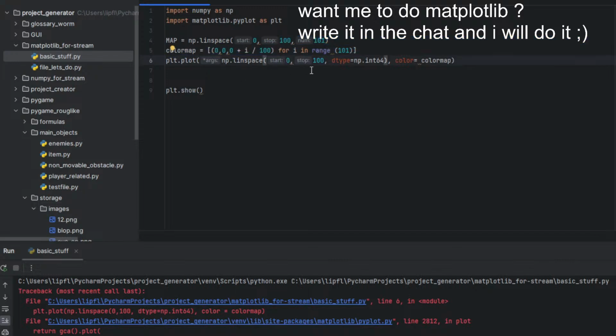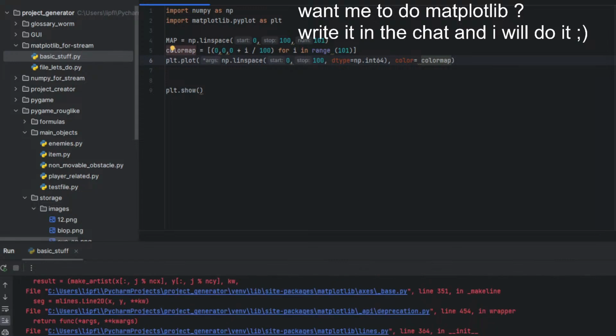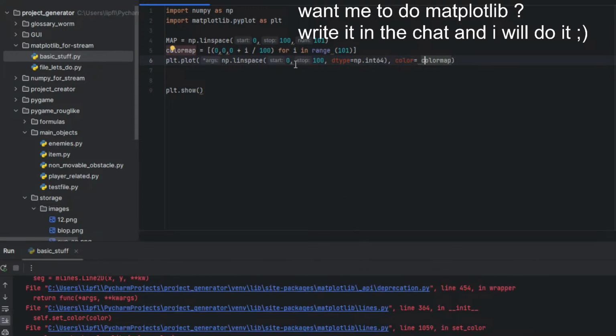We have start, stop, dtype. Let's say map.